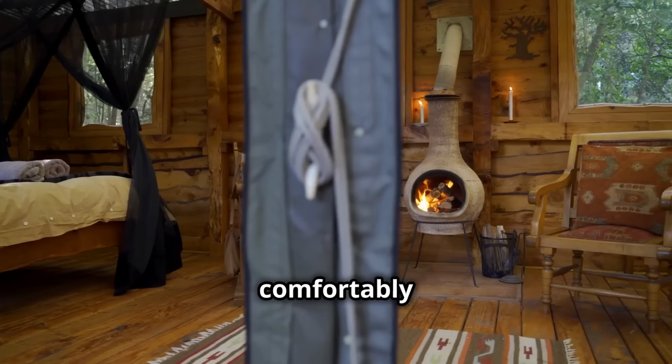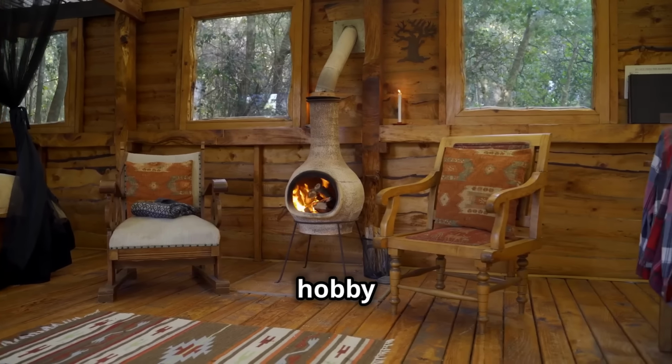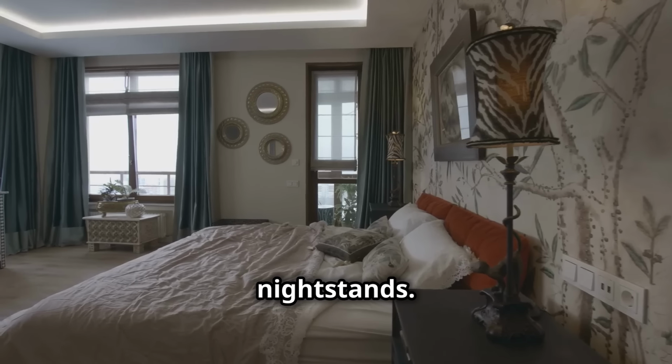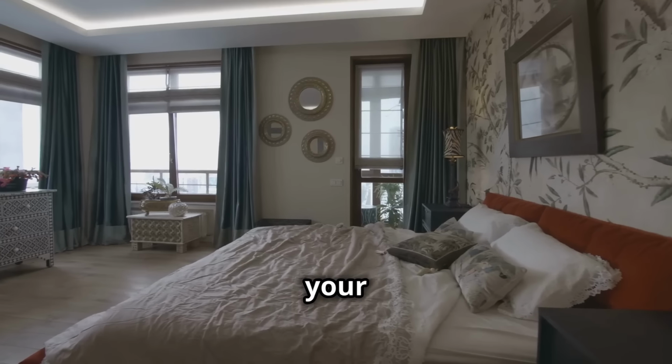This means you can comfortably accommodate a family, guests, or even use one of the rooms as a home office or hobby space. You can easily fit a queen-size bed in the master bedroom and still have room for a dresser and nightstands. The thoughtful design ensures that you have enough storage and living space to keep your home organized